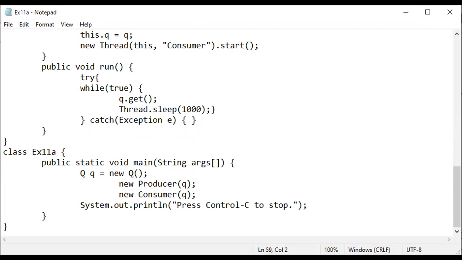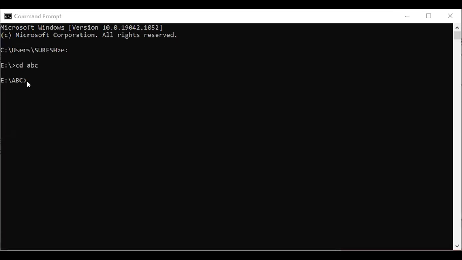Okay, shall we go to the execution part of this one? Coming to the command prompt, at the console, we are going to compile it: javac exercise 11a.java. As it is successfully compiled, then run it: java exercise 11a.